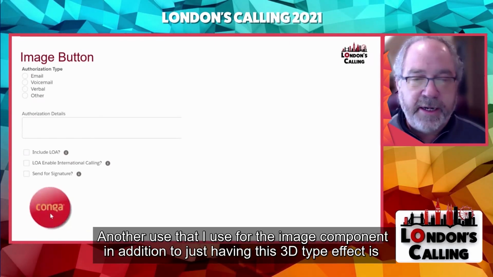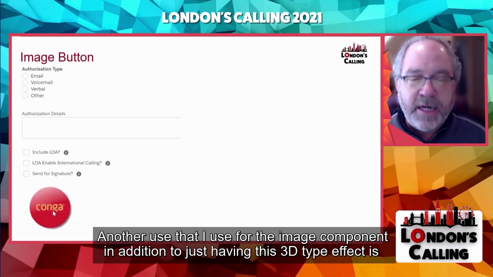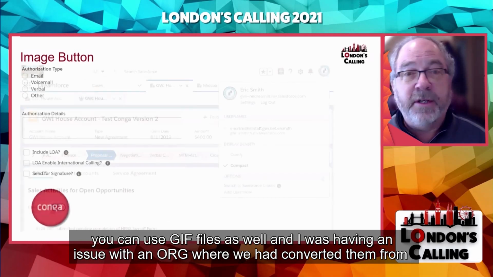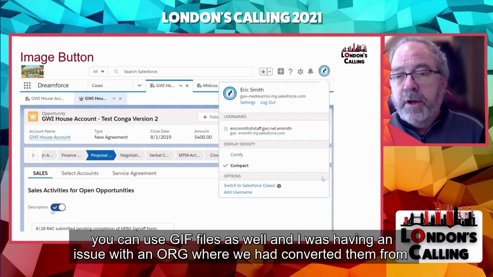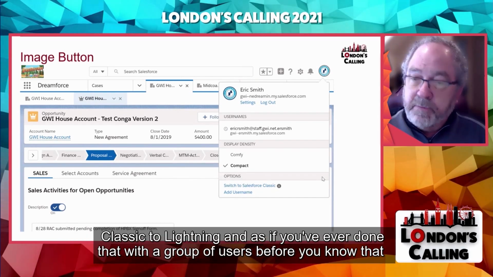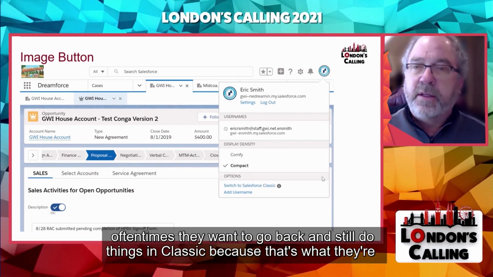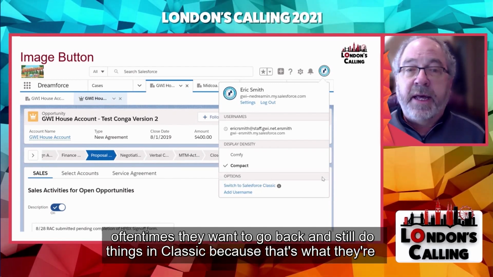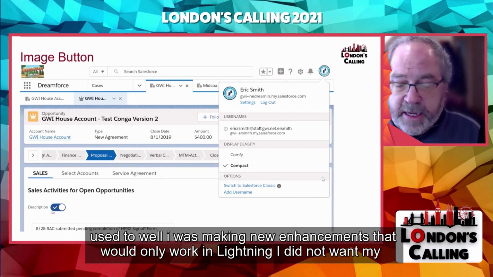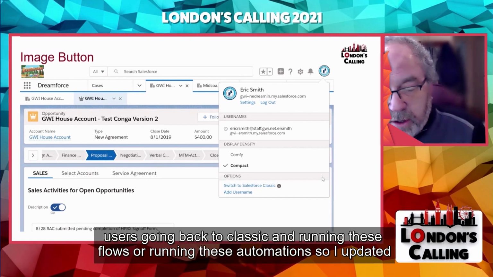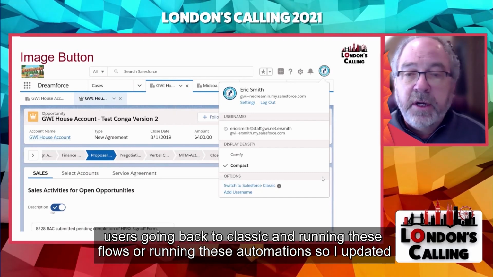Another use that I have for the image component, in addition to just having this 3D type effect, is you can use GIF files as well. And I was having an issue with an org where we had converted them from Classic to Lightning. And if you've ever done that with a group of users before, you know that oftentimes they want to go back and still do things in Classic because that's what they're used to. Well, I was making new enhancements that would only work in Lightning. I did not want my users going back to Classic and running these flows or running these automations. So I updated